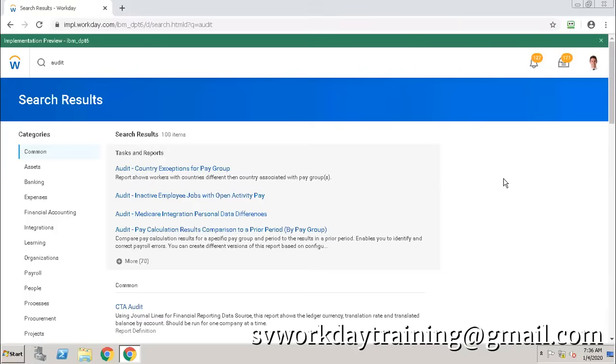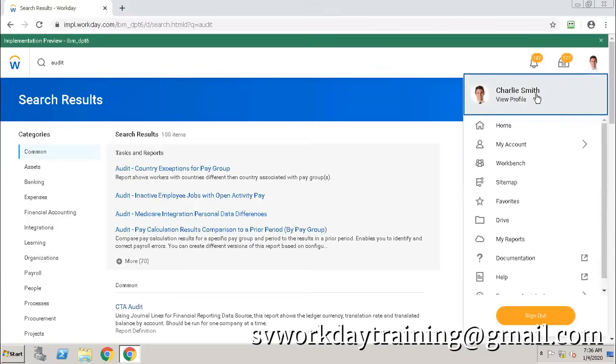Okay, so audit will give you, let's say, now let's consider that we have logged in as Charlie Smith. So let's say what all things Charlie has done. How will you know what Charlie is doing? If you wanted to see that, there is a report which says